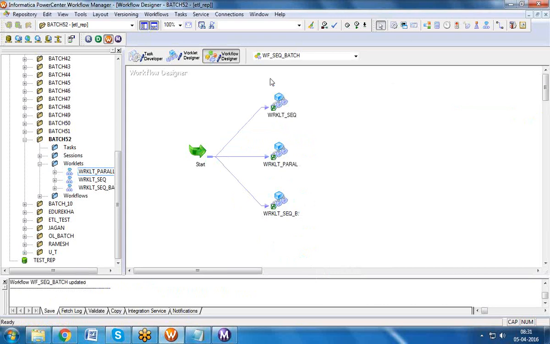So what all things did we discuss? Sequential batch, parallel batch, how to configure the dependencies of the sessions in the workflow, and we discussed the worklet, right? Okay. Now I would like to tell you some important things.